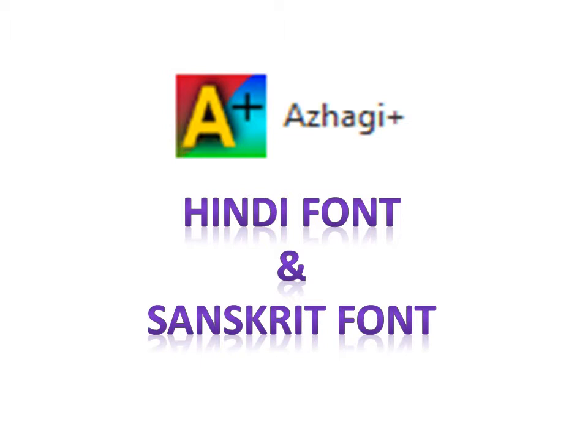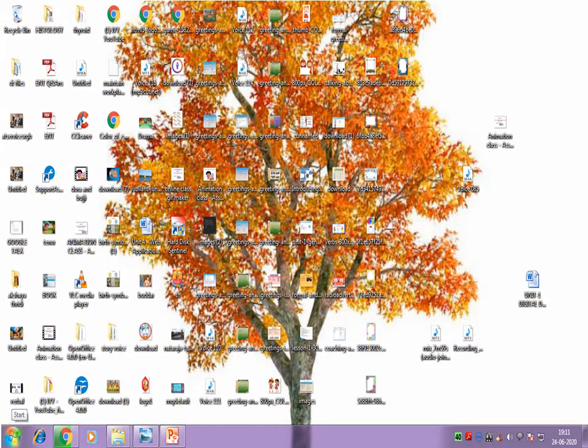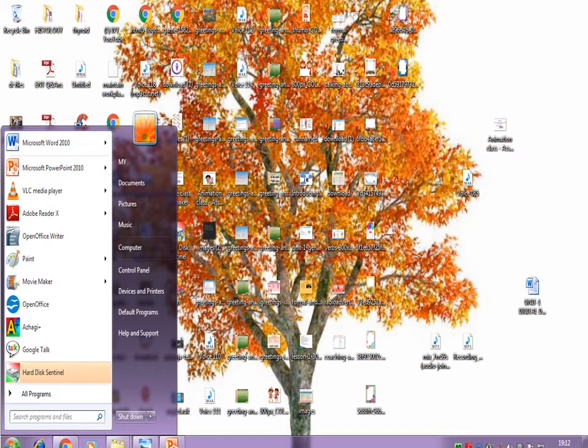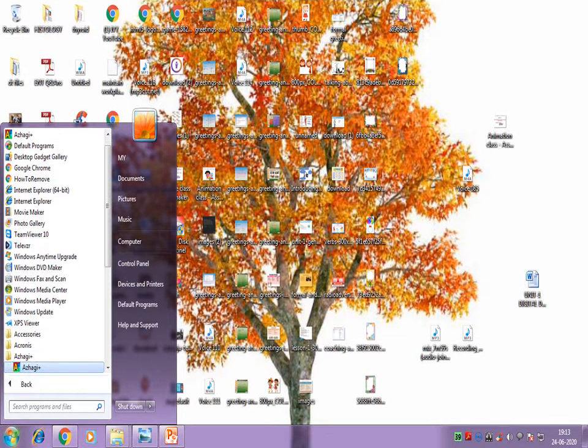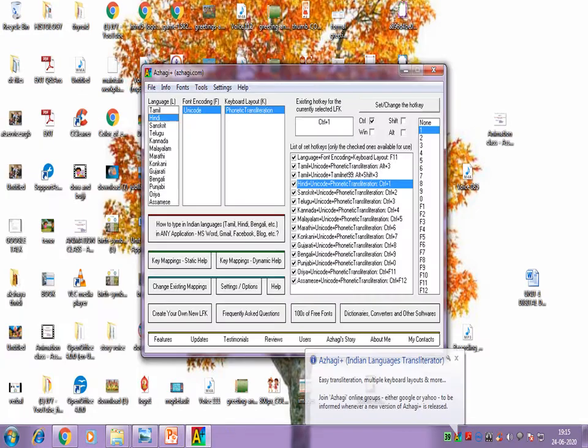As usual, first you have to click the Start button in the taskbar. Then click Programs and then the Azhagi folder. From that, choose the Azhagi application and click it. Like this you open the Azhagi application.